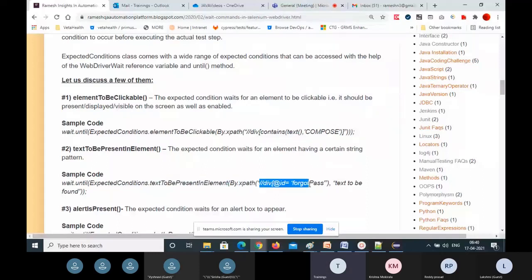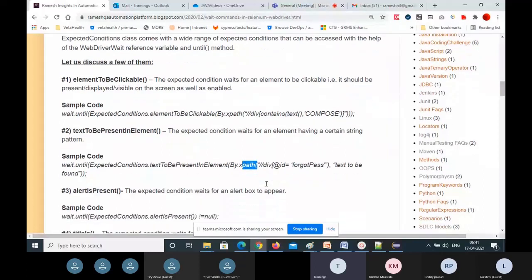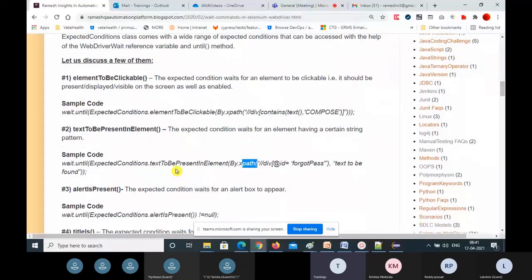The xpath value, any locator you can give, not only xpath. You can give ID, name, class name, CSS selector, xpath. It's not necessary always xpath, it's up to you. Then the second argument for this method is the text to be found, which text you want to verify.